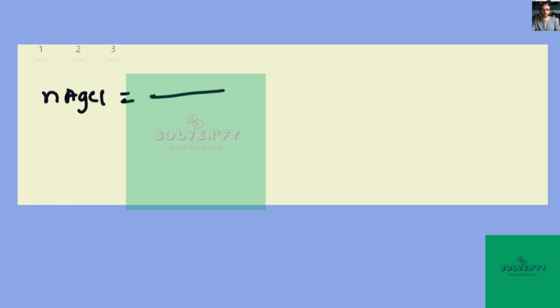So the number of moles of AgCl produced will be the mass of AgCl produced over the molar mass of AgCl, which is 143.32 gram per mole, and this will give us a value of